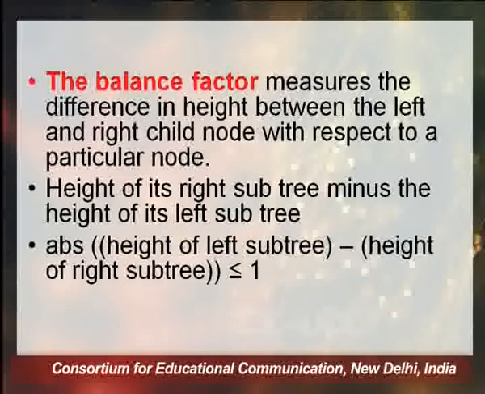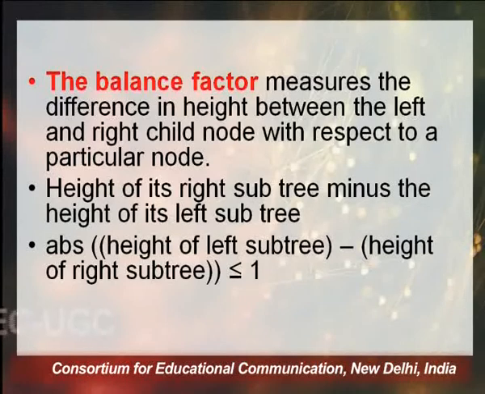Balance factor is actually, we can say, the modulus of height of left subtree minus height of right subtree. So we can say the absolute value of the expression which involves height of left subtree minus height of right subtree is the balance factor of your AVL tree, and this balance factor must be less than or equal to 1. As you can understand, the balance factor which I am describing is in the form of absolute values.